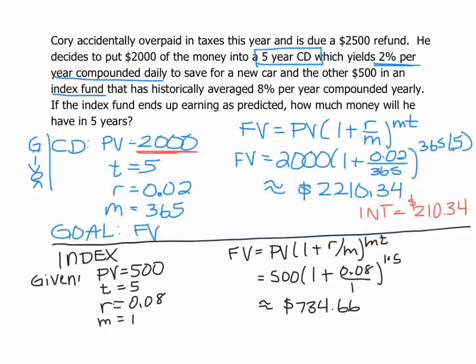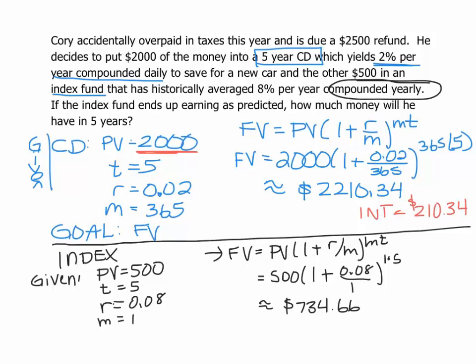Here's what I had. For the index fund, our present value is $500, our time is 5 years, the growth rate is 8% or 0.08, and the number of times per year that we're compounding is 1. The reason why it's 1 is it says it's compounded yearly. Here I have my compound interest formula, then I've plugged in my known values and calculated the results on my calculator. I end up with